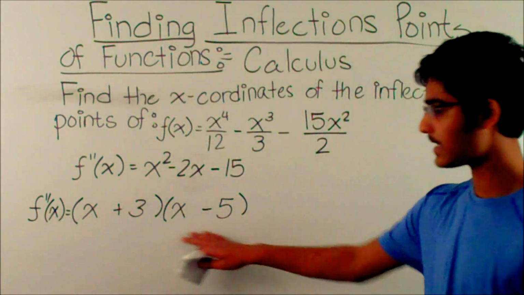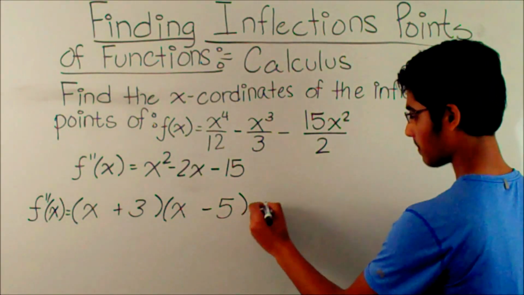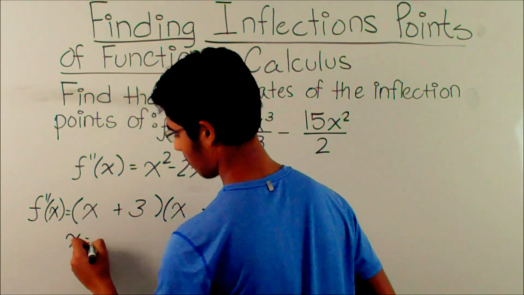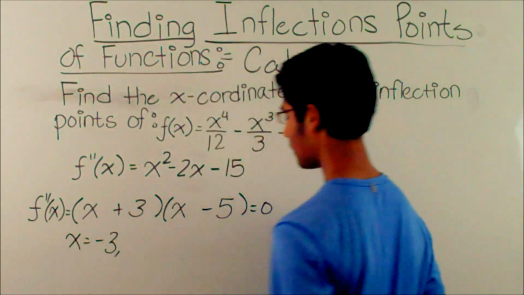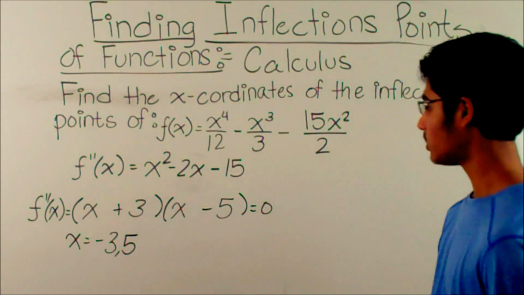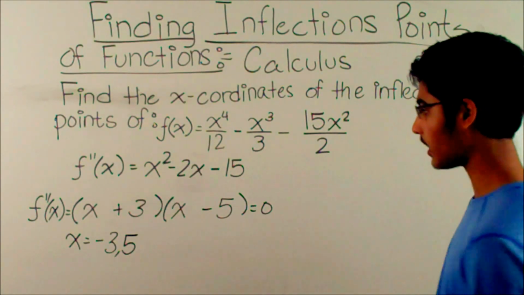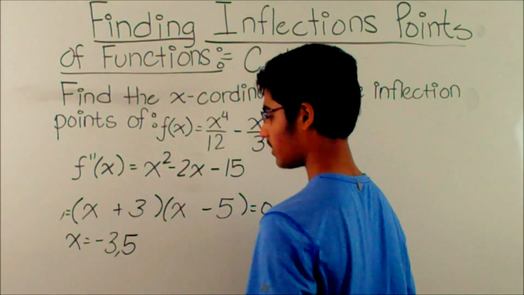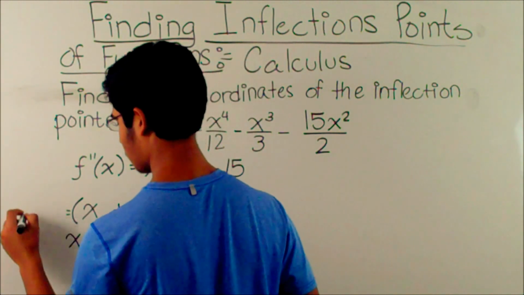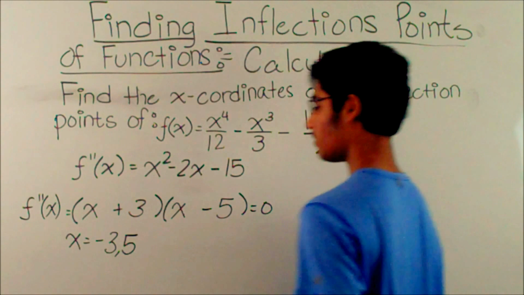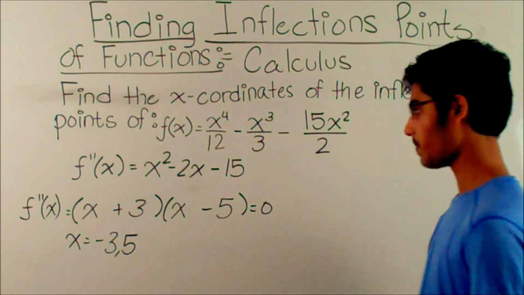So now we can set this equal to 0 to find the roots. So we get that the roots are x is equal to negative 3 and positive 5. So now that we have the roots, we can erase this thing. We don't have to. So we have f double prime of x. So just to clear up some more room,